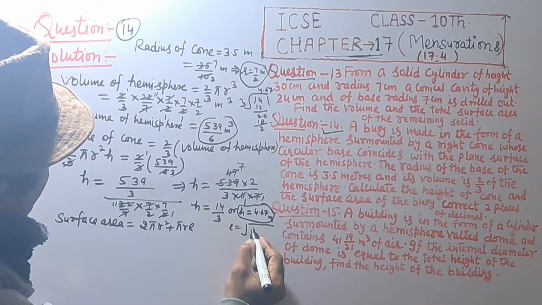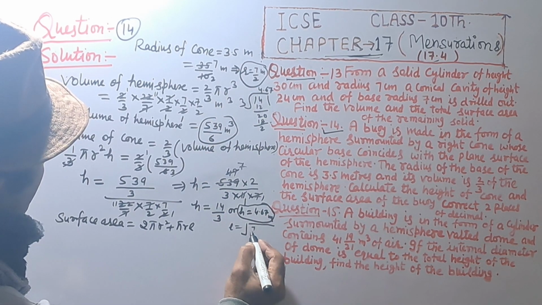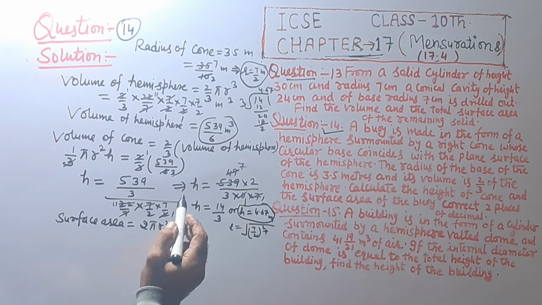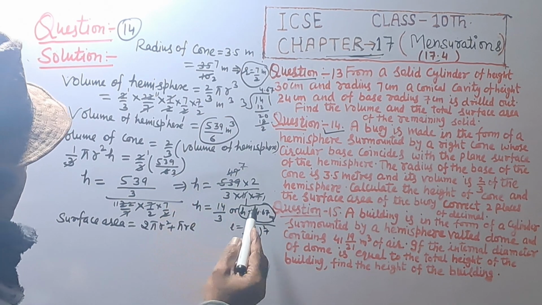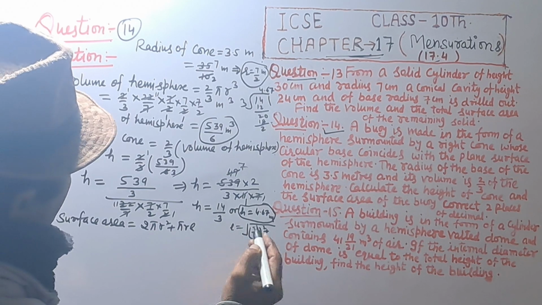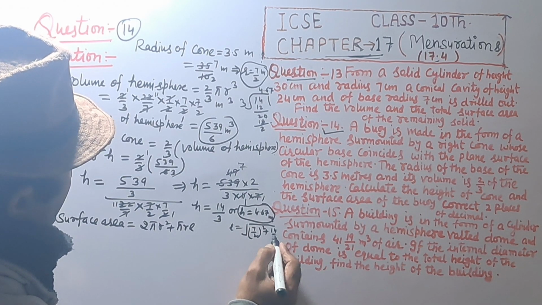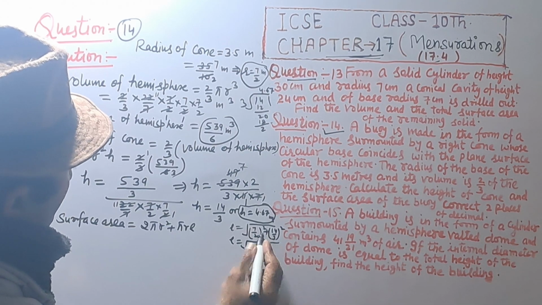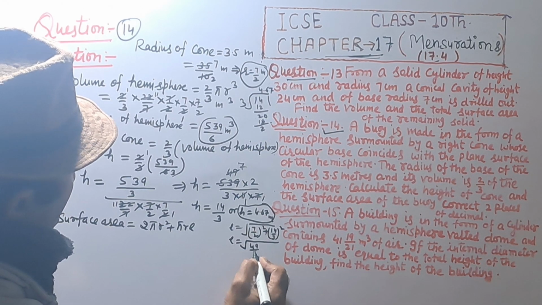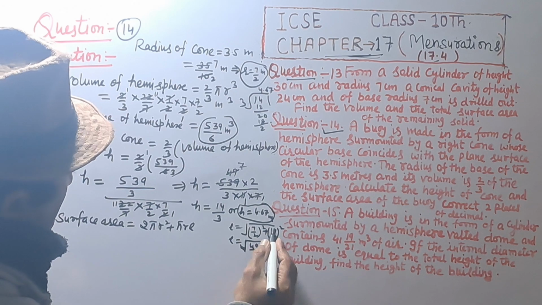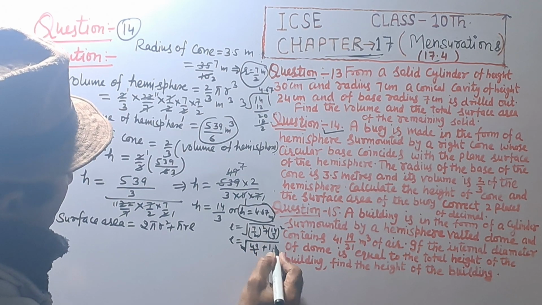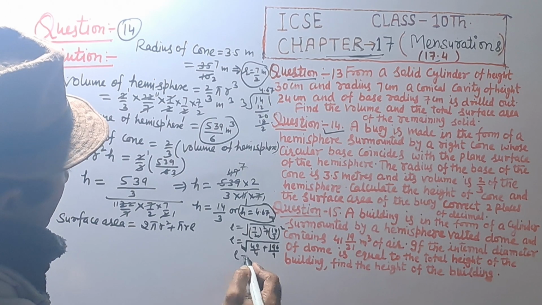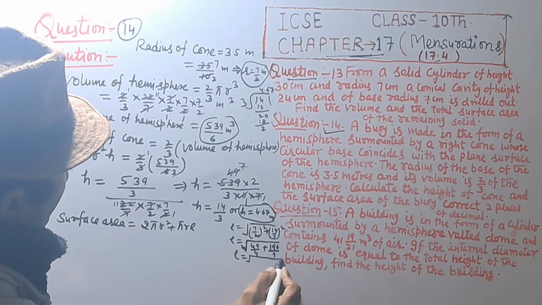Radius is 7 upon 2, 7 upon 2 square plus height is 14 upon 3, 14 upon 3 square. So l is equal to under root of 7 7s are 49 upon 4 plus 14 14s are, that is 196 upon 9. So slant height l is equal to under root of